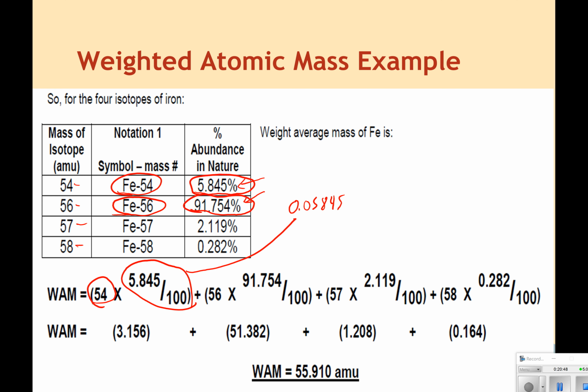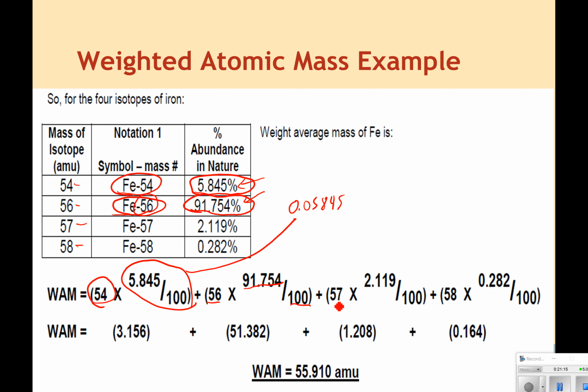And that's a little shorthand to make this go a little bit quicker. You can also represent it over the 100, and you need to know it over the 100 because you do see some of these questions that come up like this, and you need to show the over 100 for the percent. Then we take a look at the second isotope, iron 56, and we take its percentage and put it